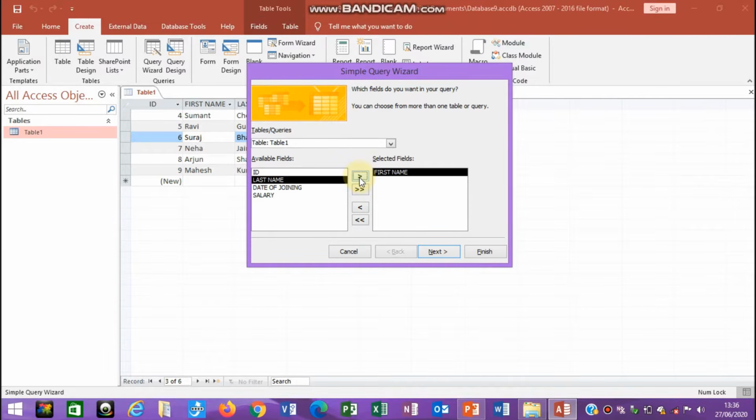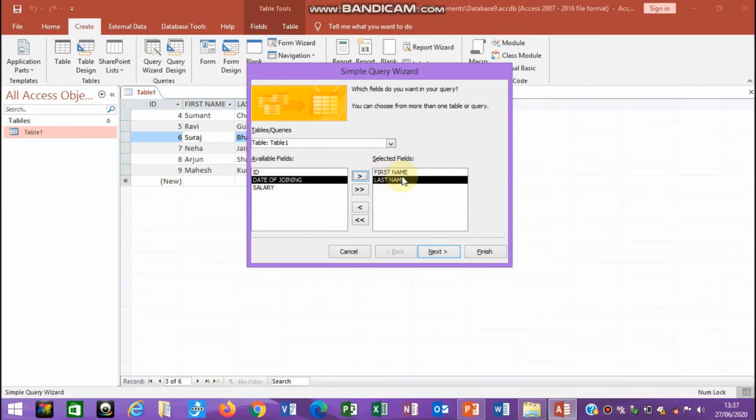You click on that single arrow to move your field from Available Fields to Selected Fields. The second field I want, suppose, is Last Name. Click on Last Name and then click on the single arrow. Your two fields have been added to the Selected Fields.